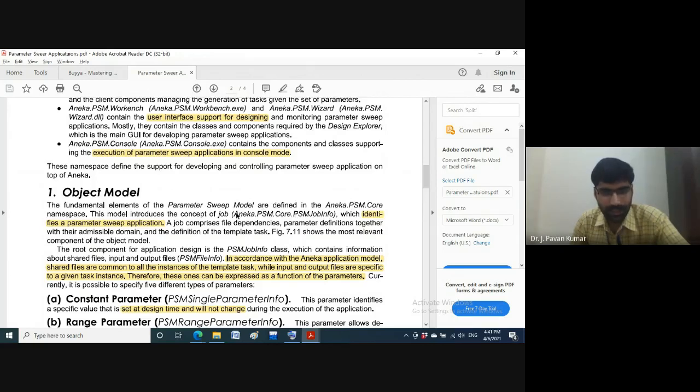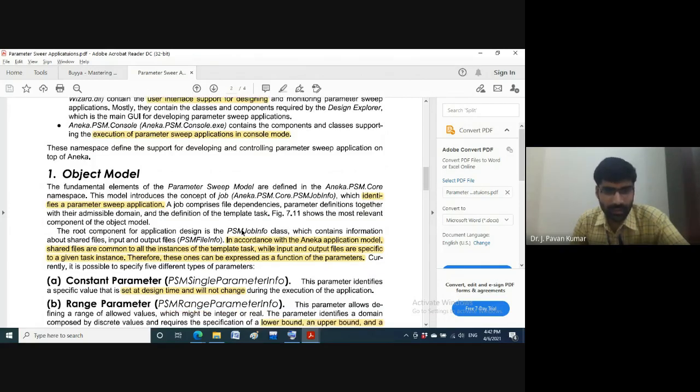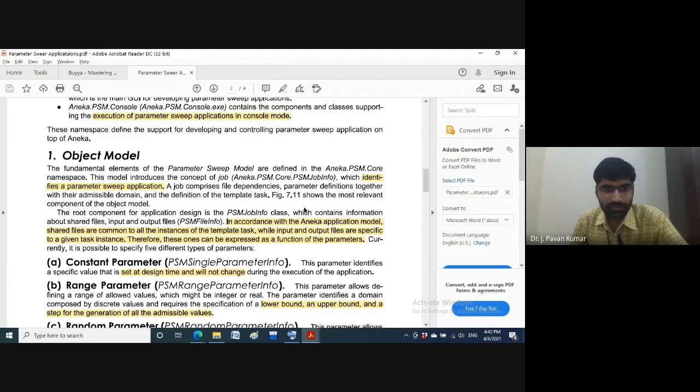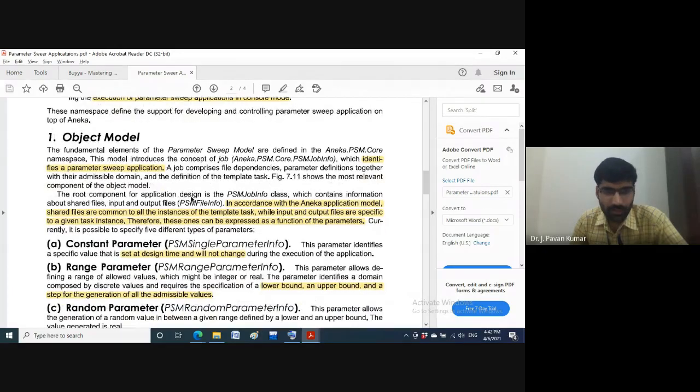Under this particular namespace we will have what is needed to create a parameter sweep application, that we will be seeing. This PSMJobInfo class hierarchy, how it will be and what the attributes are, we will see.